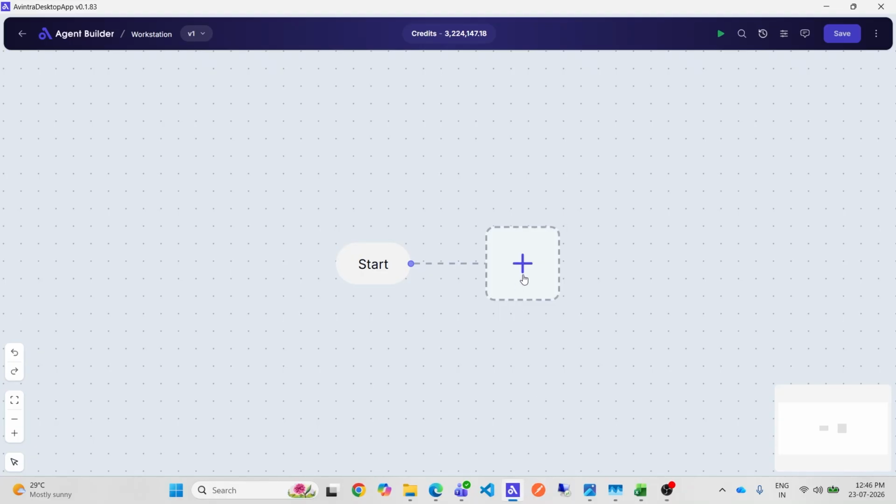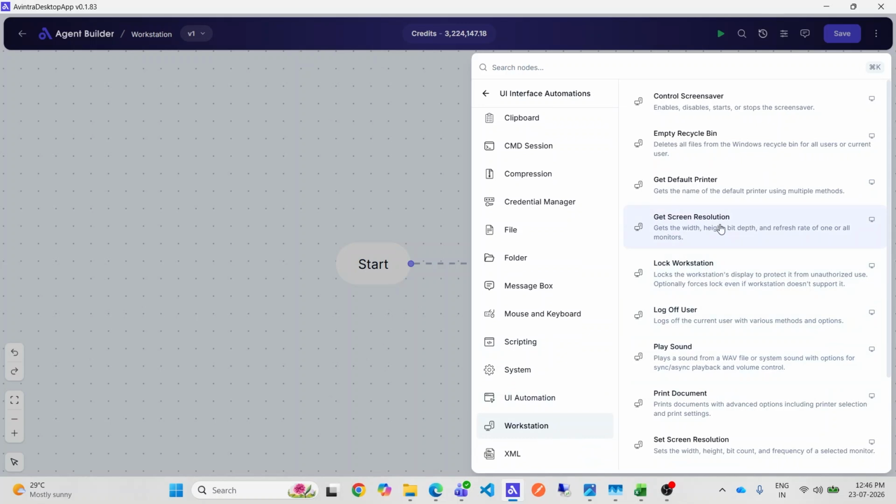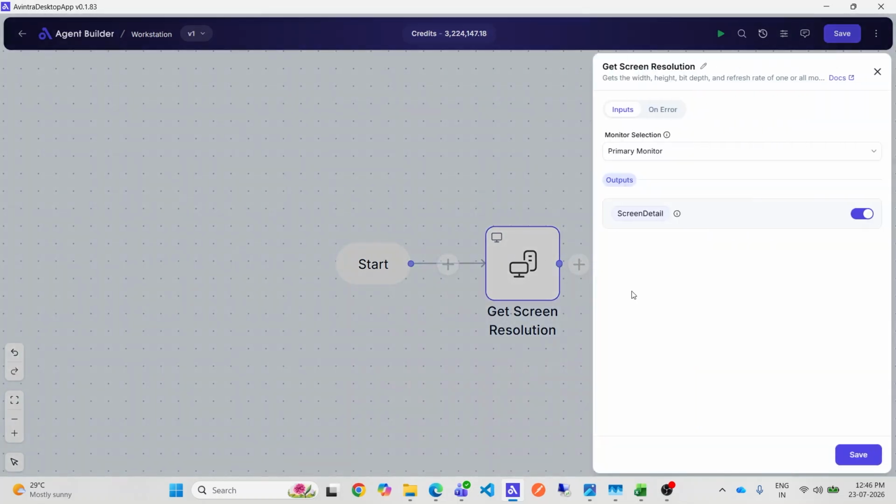Let's begin. The first node is the Get Screen Resolution node. The first input is monitor selection. This dropdown determines which monitor information should be retrieved. Here we will choose primary, which means the node will collect the resolution details only for the primary monitor. If your environment contains multiple displays, you can choose the appropriate option like all monitors and specific monitor index depending